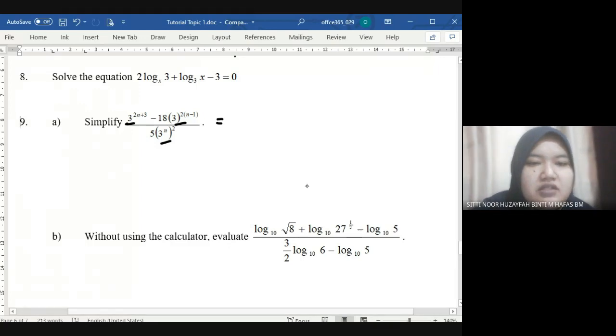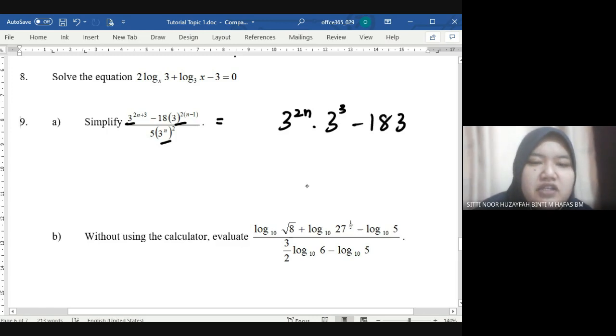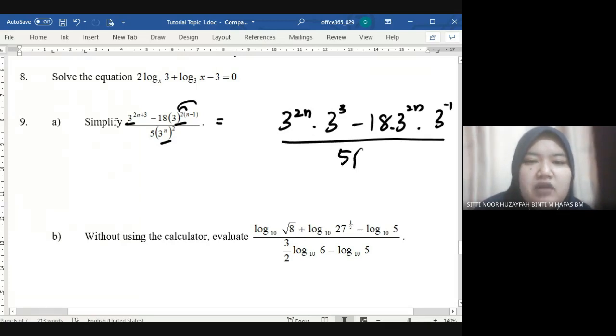Okay, so this one we have 3 to the power of 2n, multiplied with 3 to the power of 3. And this side is 18 of 3 to the power of, we can expand this one to n, and then for minus it will be divide with or multiply with 3 to the power of -1. So minus, so multiply 3 to the power of -1 or divide with 3, and divide with 5 of 3 to the power of 2n. Everything here is 3 to the power of 2n. Okay, so if we simplify